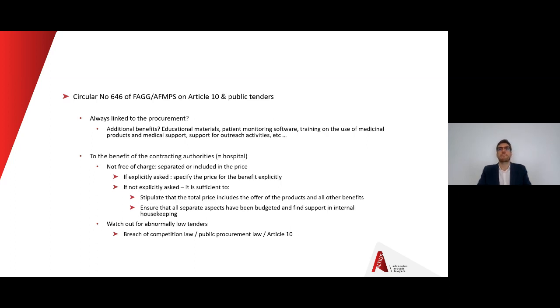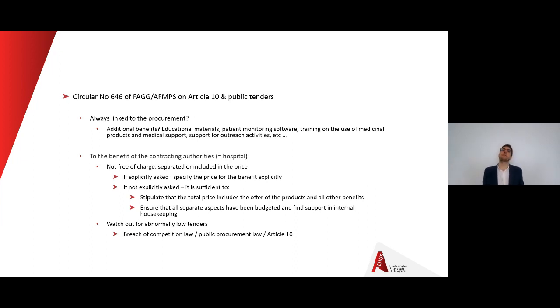The rule, and that's particularly stated by the federal agency, is that there needs to be a specific price, or the value, let's say, for the benefits that you offer, included in the price that you offer or ask in your offer for the products to the hospital, for instance. What does that mean? If the hospital asks for specific benefits and asks you to list the price for benefit 1, price for benefit 2, price for the products that you need to supply, and then providing a total, of course, you need to specify the price for the benefit explicitly. If not explicitly asked, and that's probably the majority of the cases,